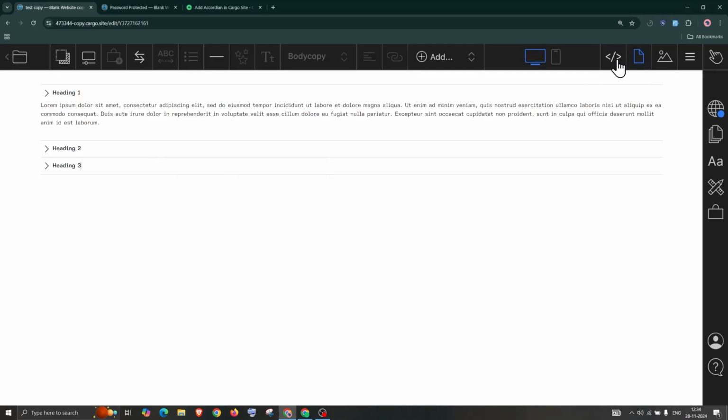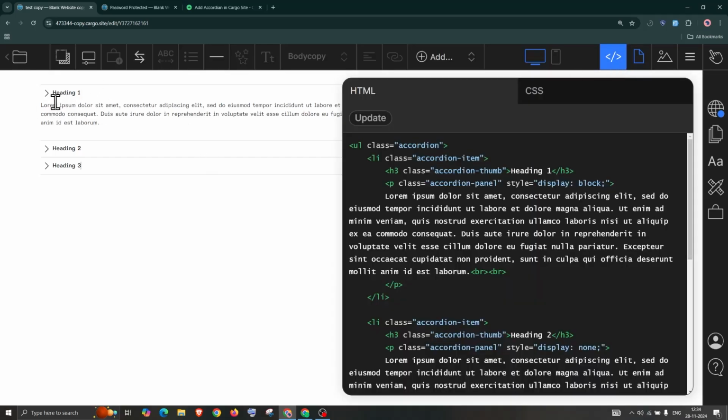After that, if you want to change the text, you need to go to the code view section. Here you can see the accordion thumb, which is basically the accordion thumbnail text. And here you can change the title and click on update. As you can see, the title has been updated. Similarly, you can update this content as well,